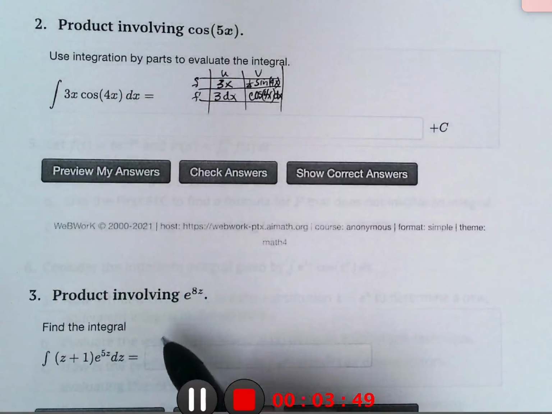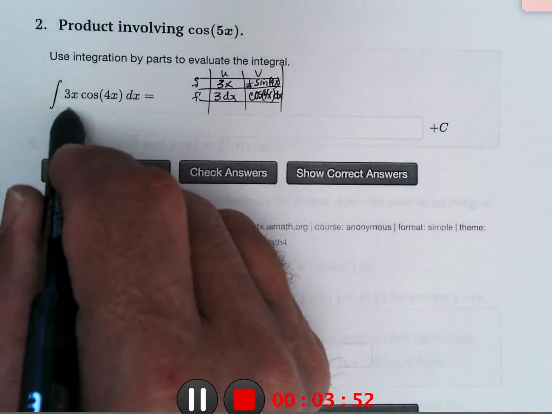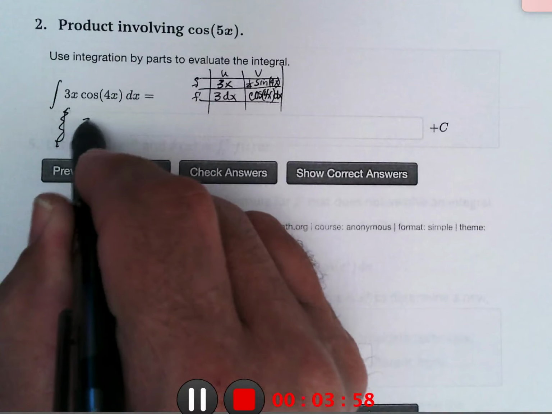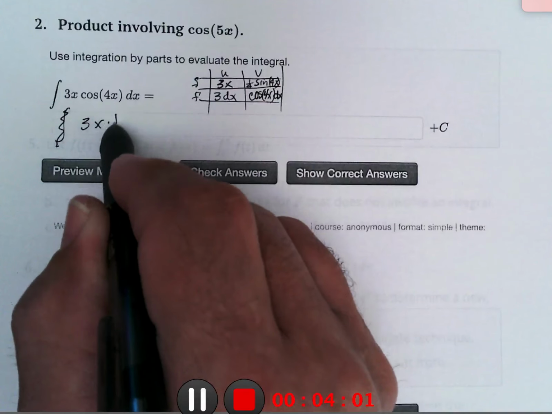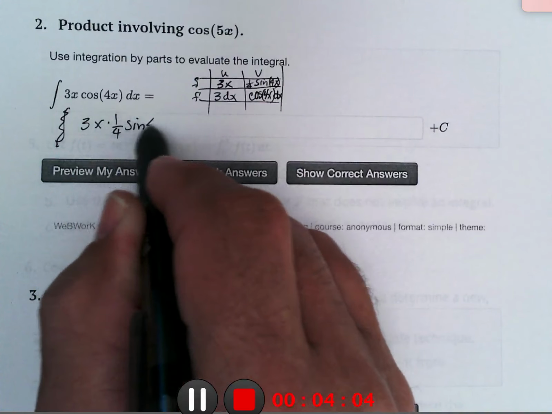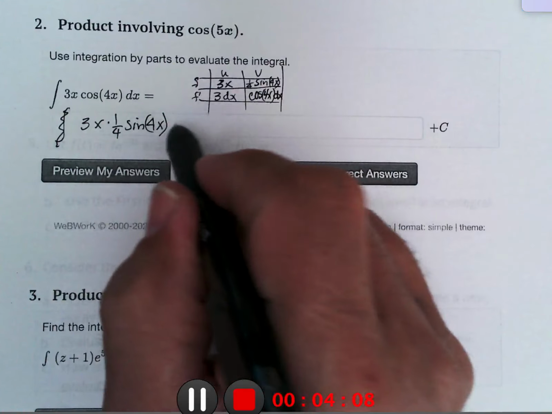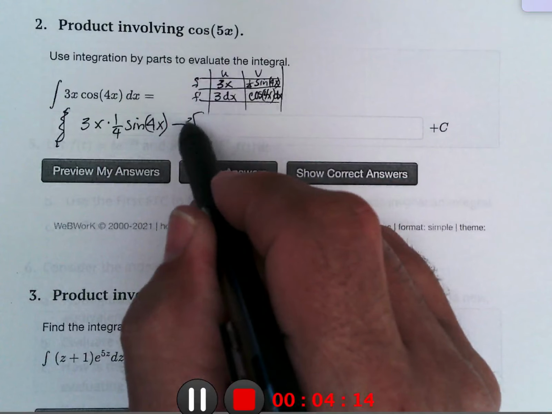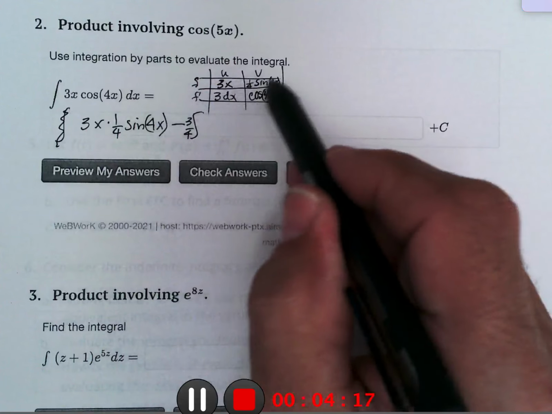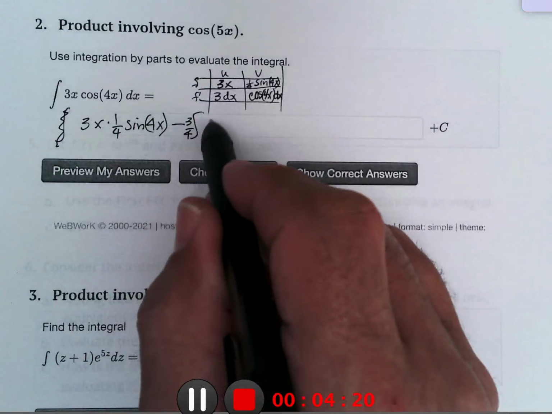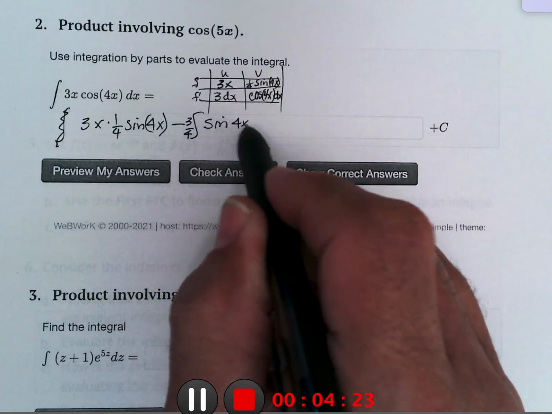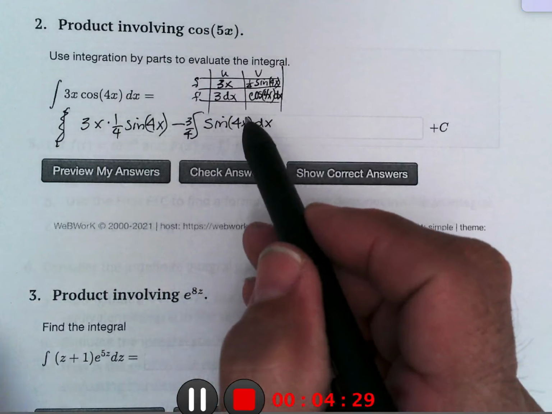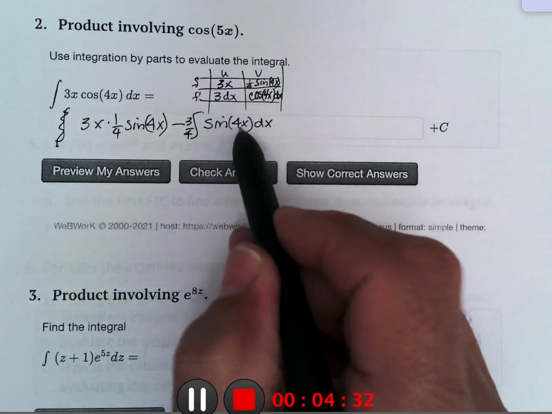So this would become uv, 3x times 1/4 sine 4x, minus the antiderivative of 1/4 times 3, and the 3/4 can be pulled out of the integral, and then we'd have sine 4x dx. And you could do u substitution for the 4x, but we know how to integrate that, and so we get 3/4 x sine 4x